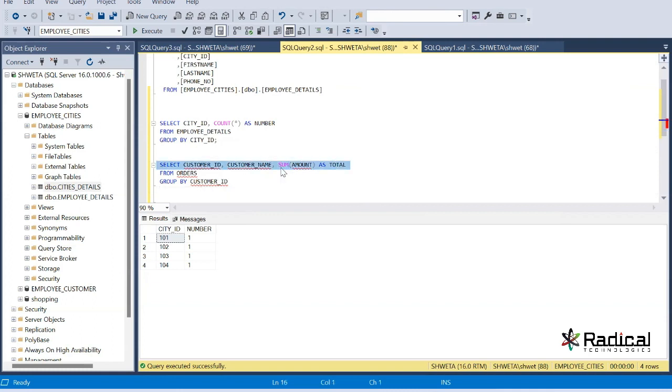So these aggregation functions can keep on changing. Sum है, count है, total है. So based on the need, you can just change it. But अभी ये compulsion है कि जब आपने group by जब आपने aggregation function use किया है, आपको group by use करना ही है. But ये reverse ऐसा नहीं है।